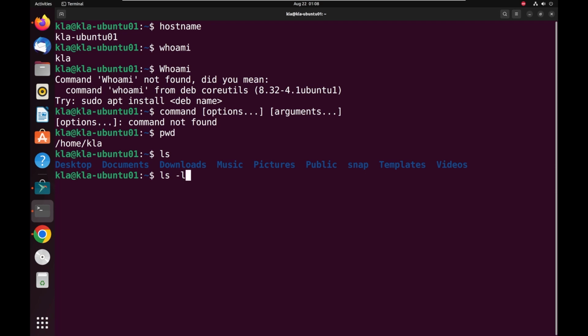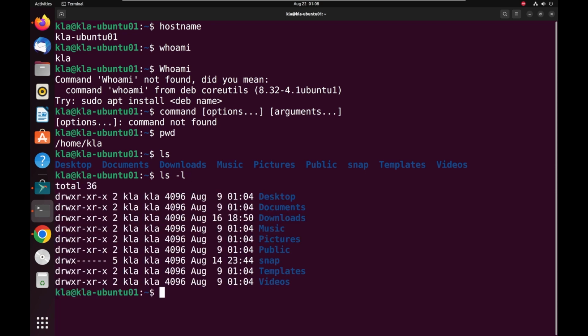So the hyphen L will create a long list of the output. Simply by adding -L to the ls command, it changes the output. When we just use the ls command right here, it listed the content just by the names. But when we use the ls command with hyphen L, it gives us a long list of the names,